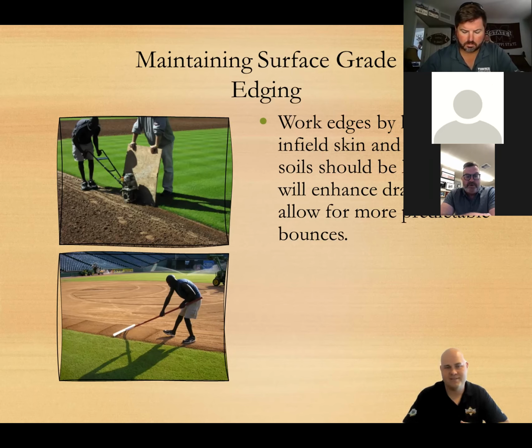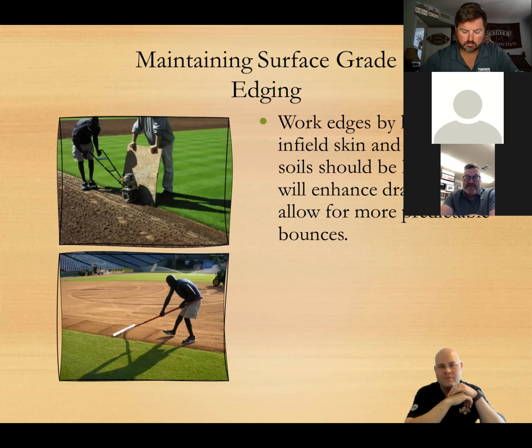Right. I know in our environment at the school district, like I had mentioned in our emails to you, like a lot of the people in the industry, we're very prideful in the work that we do and want to make sure that we are giving a safe product to our players. But we have to cut corners. We don't have the ability to get out there and groom them like we would. I think your presentation really helped us a bunch as far as where to cut corners and the most feasible way to do that. So that was very helpful.